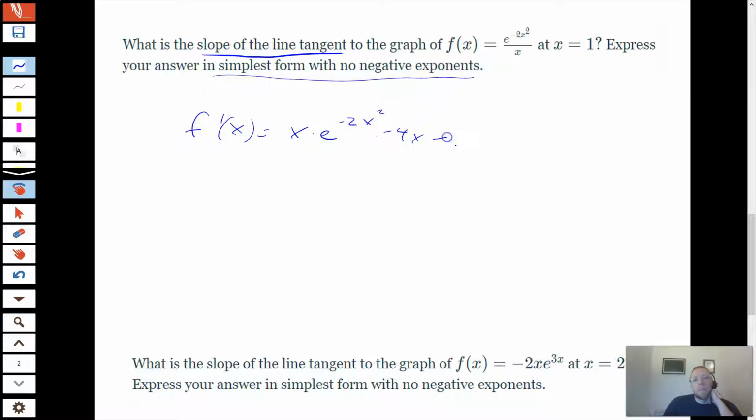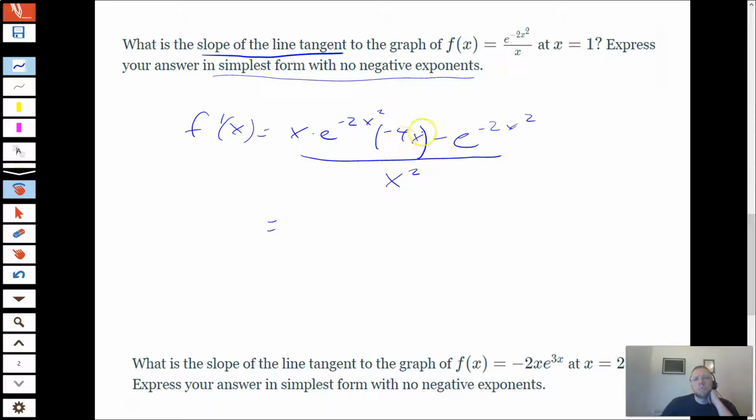And then minus, so top stays the same, so e to the negative 2x squared times the derivative of the bottom. And the derivative of the bottom, as we can see, is just 1 all over x squared. So far I have taken the derivative using quotient rule and then my new e to the x derivative rule and chain rule, right? So double check that you see how I got all that before I move on. And then when we do move on,